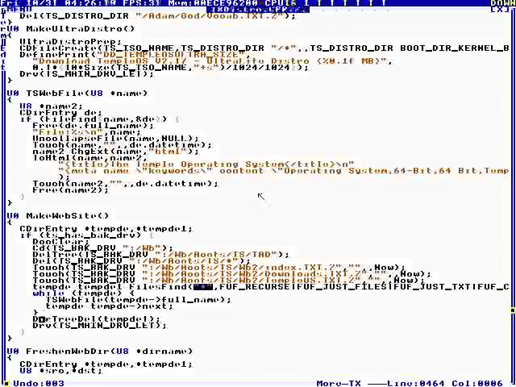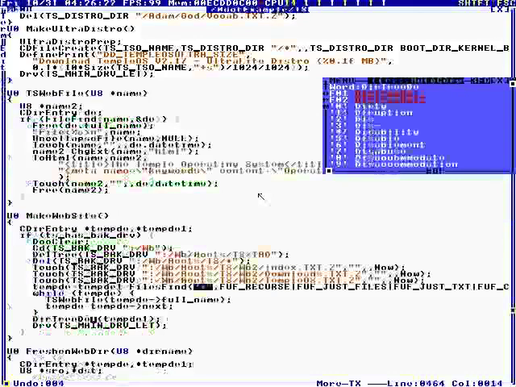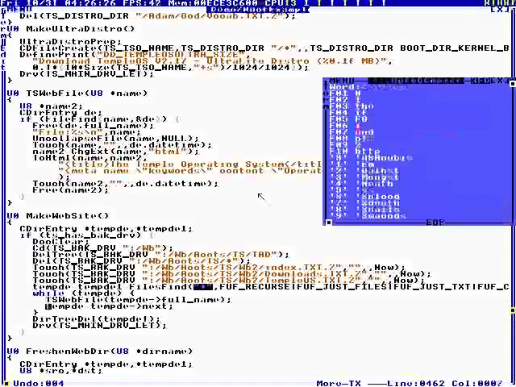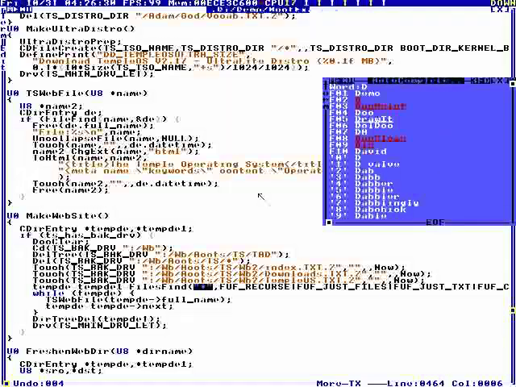Then, that's an interesting function. What is that? Free tree return. Oh, that's what that is. Okay, this just frees the directory listing. Okay, so for each file,